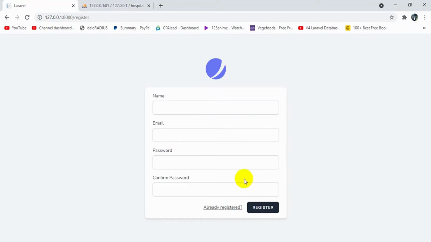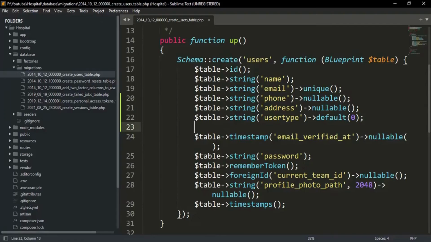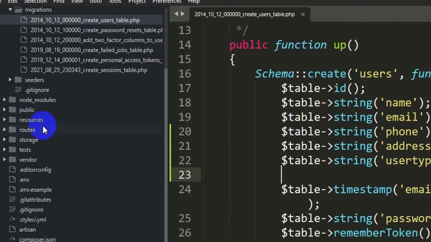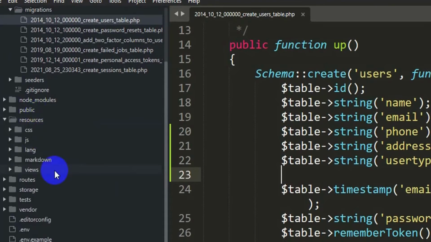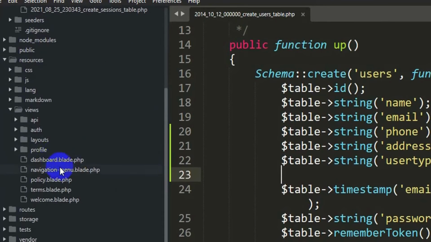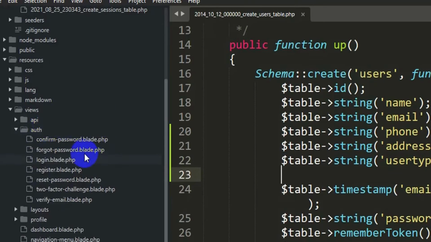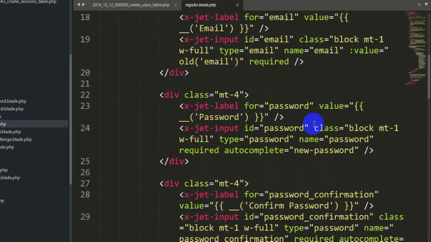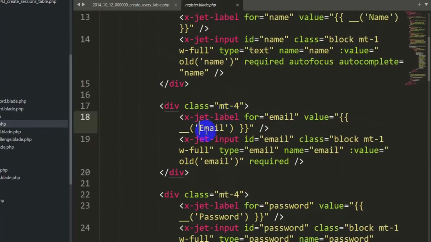So for making changes over here, we need to go back to our code, and then we have to go to resources, and inside resources, views, and inside views you can see an auth folder over here. Then inside auth you can see login and register. So we'll directly go to register.blade.php, and if you go down, you can see over here email and password fields